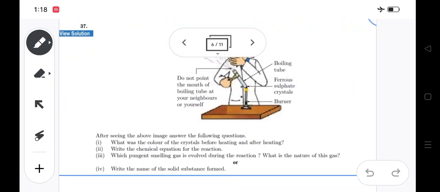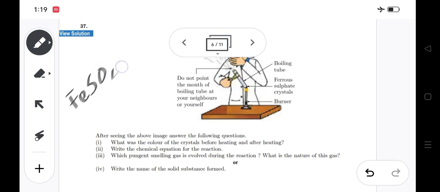answer the following question. What was the color of the crystal before heating and after heating? Tell me. Before heating, it was ferrous sulfate, which is green in color. And what is the color after heating? That is ferric oxide, reddish brown in color. Write the chemical equation for the reaction. The equation which we know already, that is